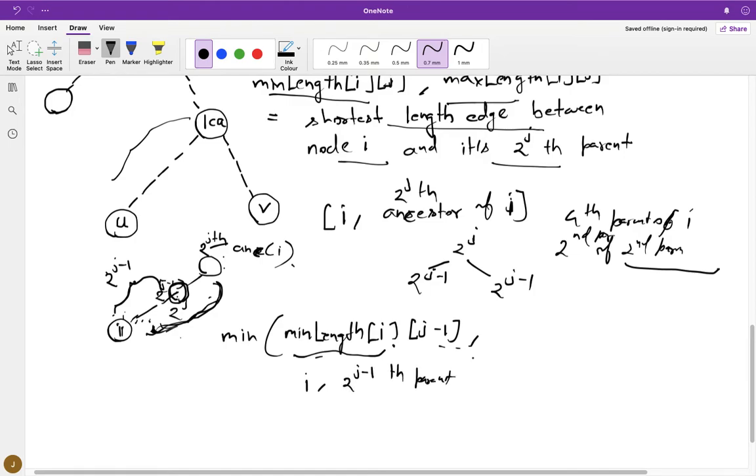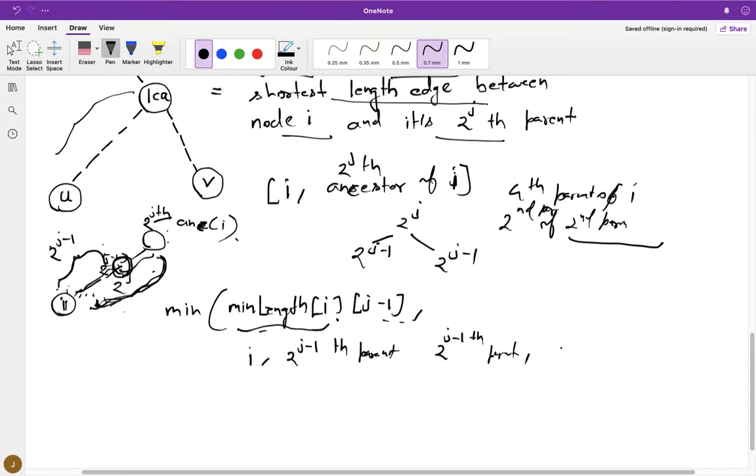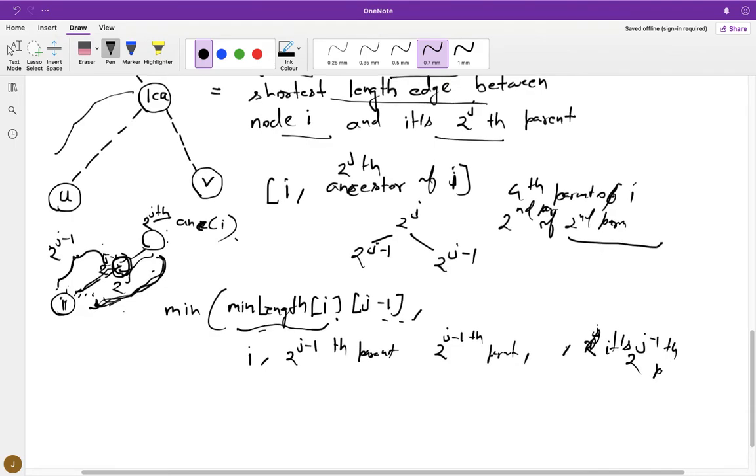Now we have covered half of the path, and the second half of the path would be the minimum length between the 2 power j minus 1th parent of I and its 2 power j minus 1th parent.